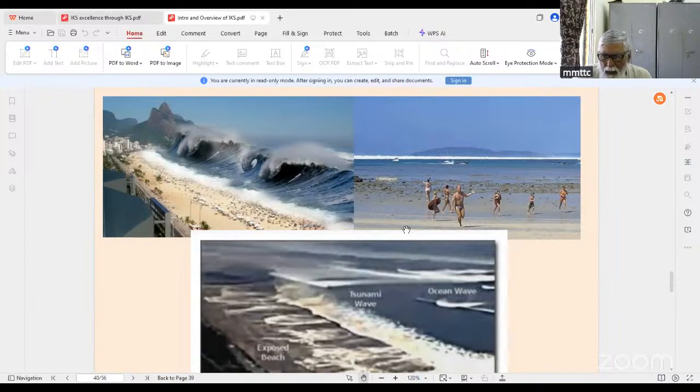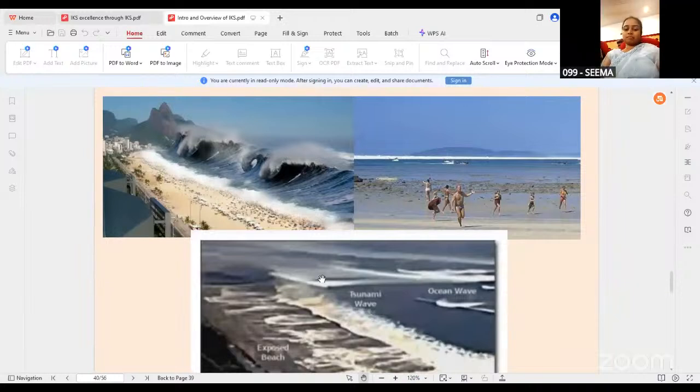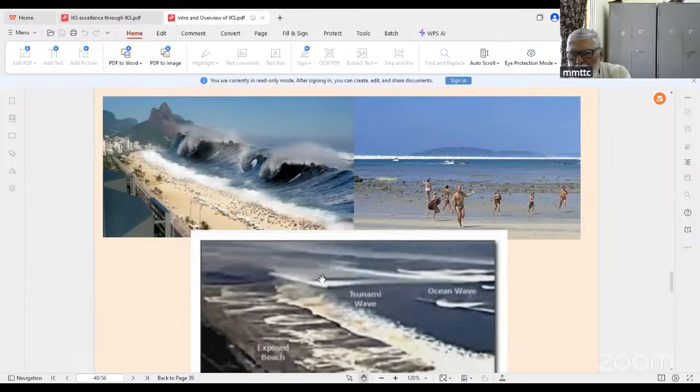So when the tsunami occurred, you will see people going and fetching, because the sea waves suddenly go back. Many fishes are left. They are unable to go back with the water, so they are caught here. So many people have gone to fetch fishes without realizing that on the exposed beach, after a few minutes, the tsunami wave will come. This is what happened in India, in Tamil Nadu. When the sea receded, many people thought it was a golden opportunity to grab. Within a few minutes, maybe a few tens of minutes, you had a tsunami doing that.